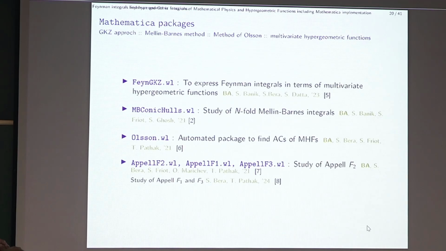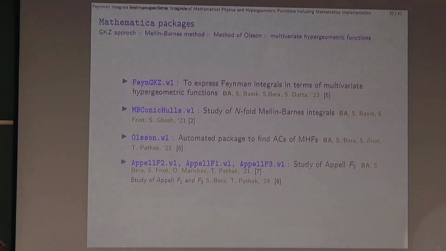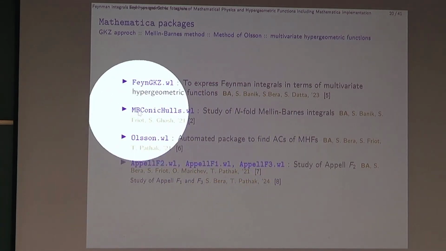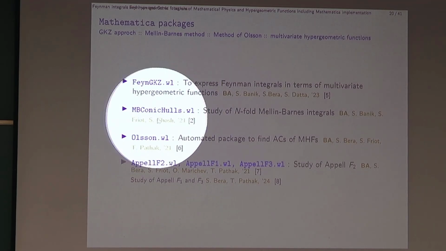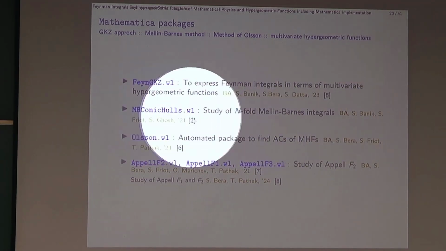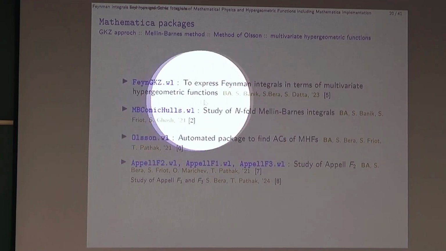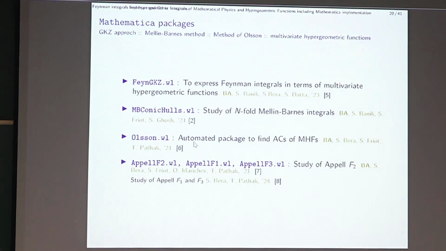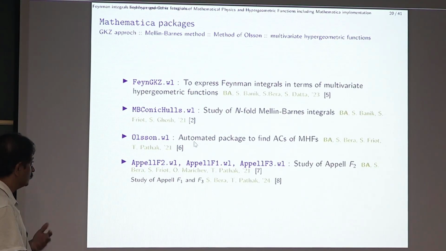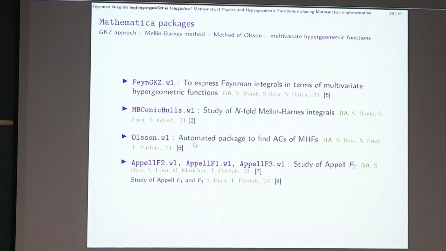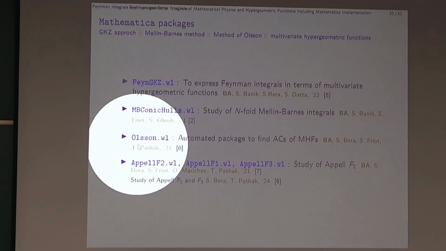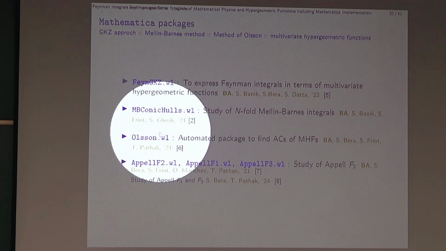So some of the packages that we developed are listed over here. As I said, FeynGKZ. Then we also developed something known as MB for Mellin-Barnes, conic hulls, published with these authors. We have a French collaborator, Monsieur Samuel Friot, with whom we have done a lot of work. He has also worked with my former students. And then we have used other methods, for instance, Olsen, which is papers by an author